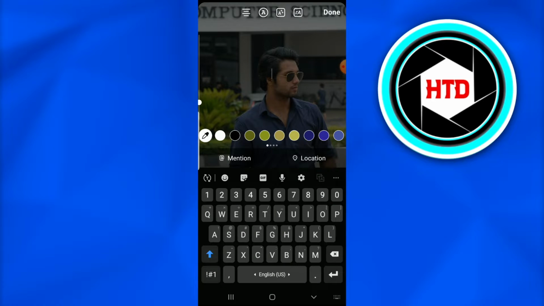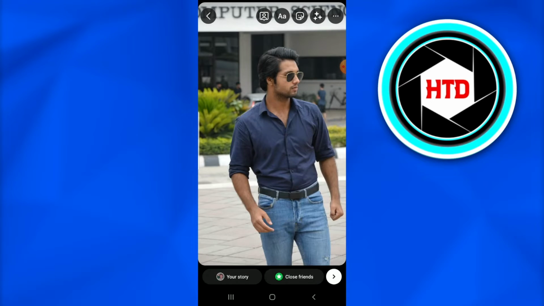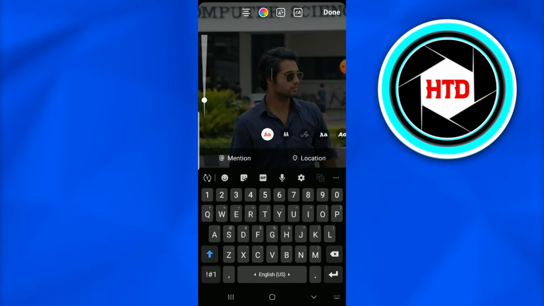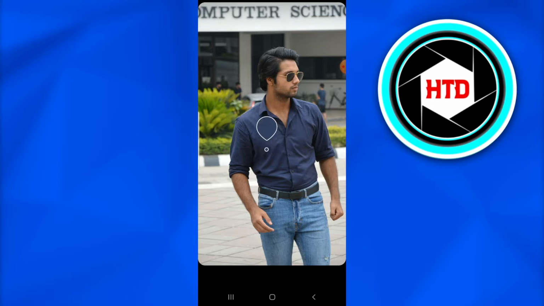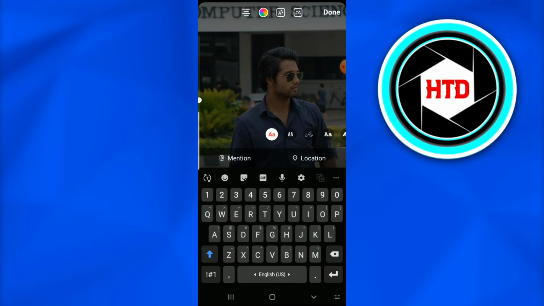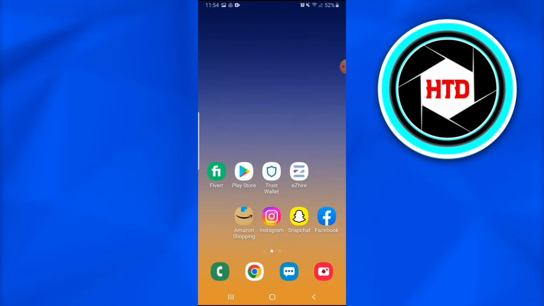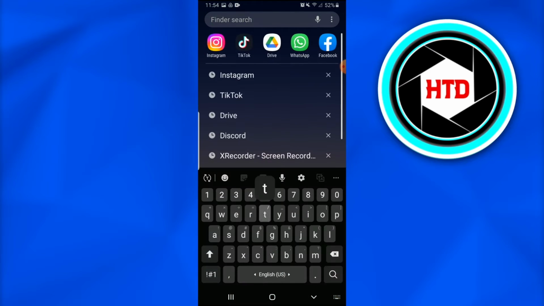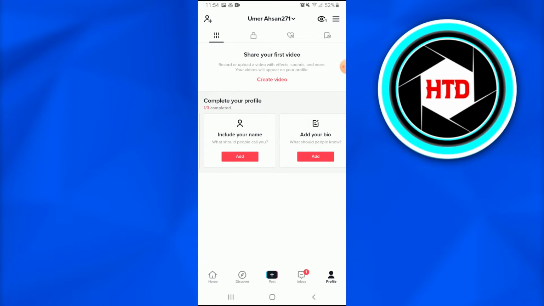So once you have selected a color, take a screenshot. Okay, so once you have taken a screenshot, go on and check for another color. So once you get another color, take a screenshot of that. So once you're done with taking all the screenshots, go into your TikTok, create a post by tapping on the